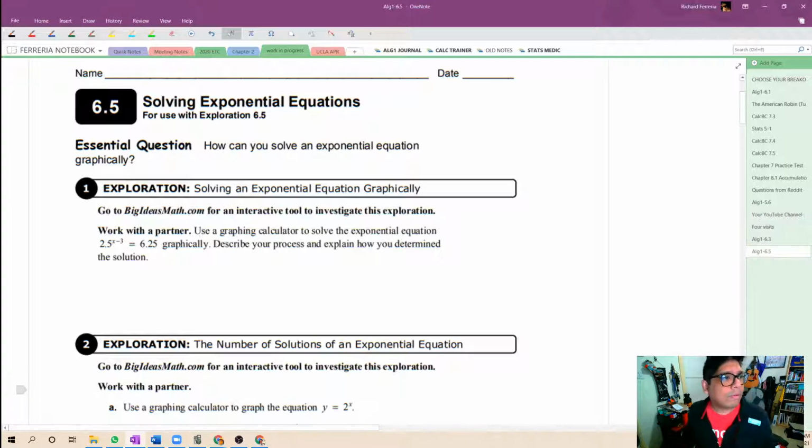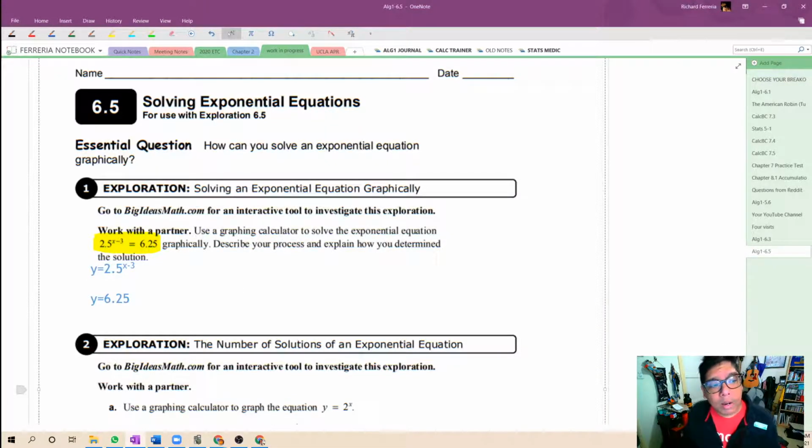graphically. We've got this exponential equation right here: 2.5^(x-3) = 6.25. Let's take a look at that. We're going to graph, and remember the key for this is to graph the left side of the equation, and then graph the right side of the equation, and then look for an intersection. That's all we're going to do. Let's get to Desmos,